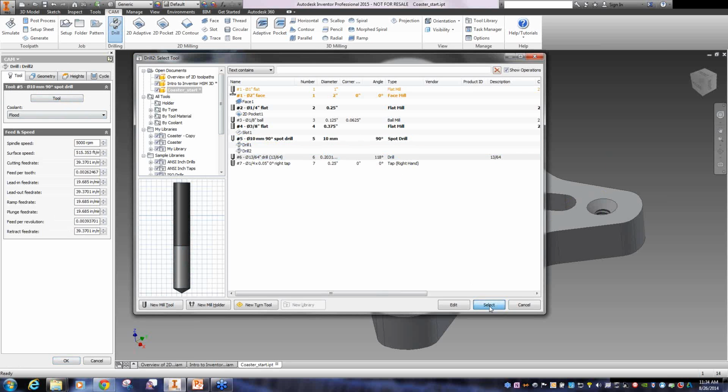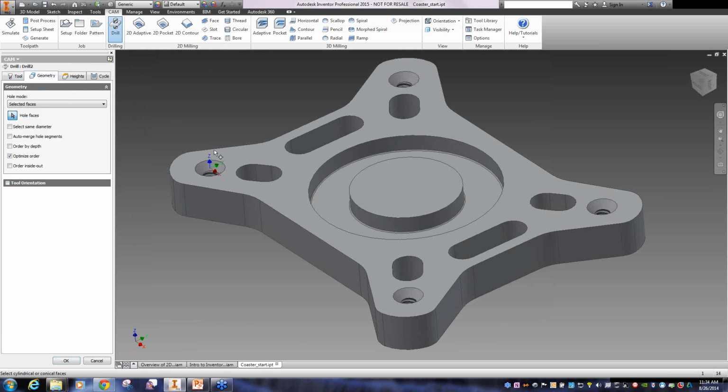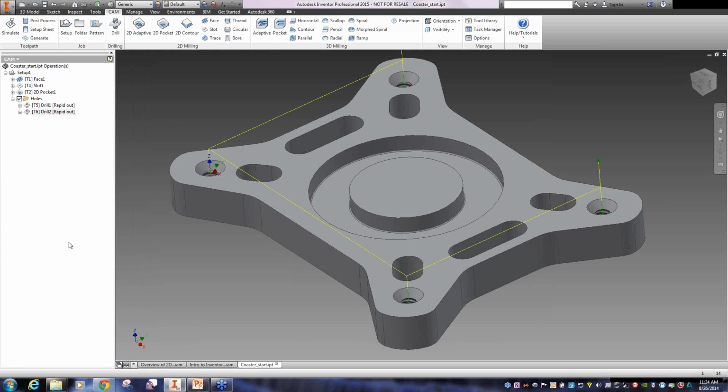And we can do the same thing with a tap. If I go to the geometry, I can pick that cylinder, make sure that checkbox is turned on, and very quickly drill those holes. Now if we simulate this,